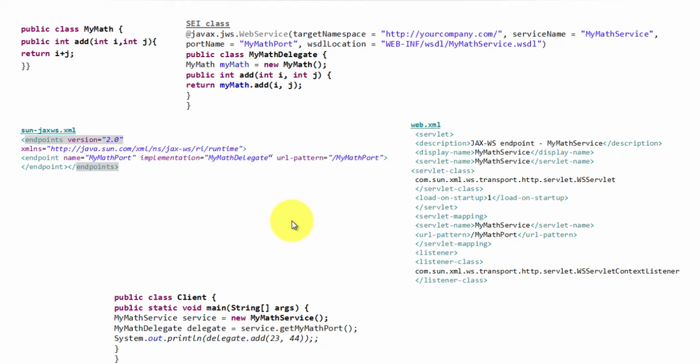These are the programs on the server side. And this is the client program that we have written on the client side.